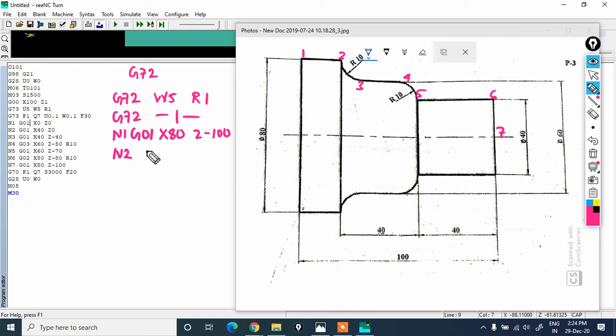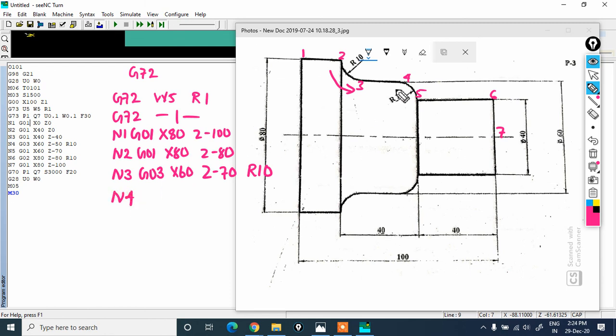N2 again, that is G01, linear interpolation, X as 80, Z as minus 80, and M3. So now M3, if you see, this particular direction is counterclockwise. So for counterclockwise we use G03. Okay, G03, the third position, this is X is 60, Z is minus 70. Don't forget to mention the radius 10.